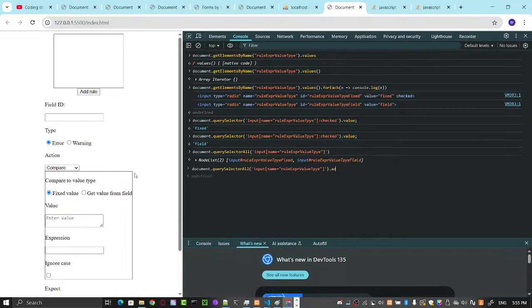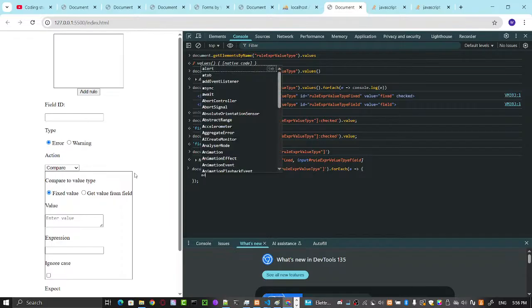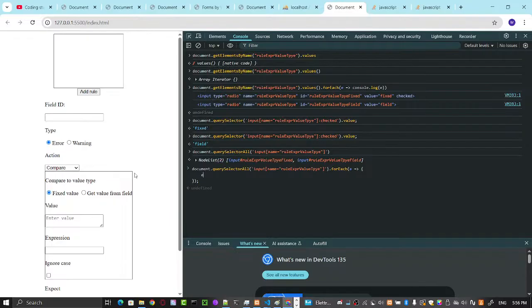And then add... can I just do that? No, because I still need to iterate. So I'll just do a forEach element. I will call a new function, a lambda function, and I will add an event, so e.addEventListener,